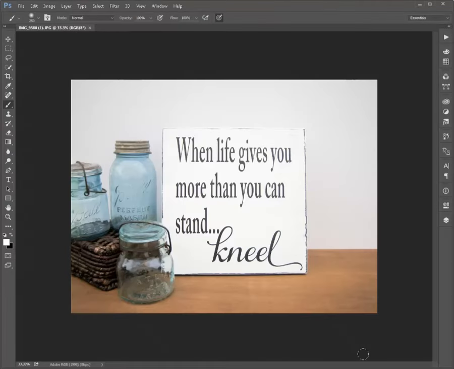So now my image is opened in Photoshop, and when I look at this image overall, it is not horrible, but it is a little dull. The sign, which should really be popping here because this is what you're selling, is a little dull. So what I'm going to do is selectively edit areas of the image. I know that might seem like it's going to take a really long time, but it doesn't. The way I do this is by using